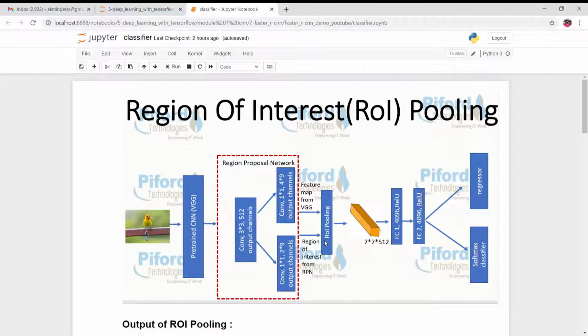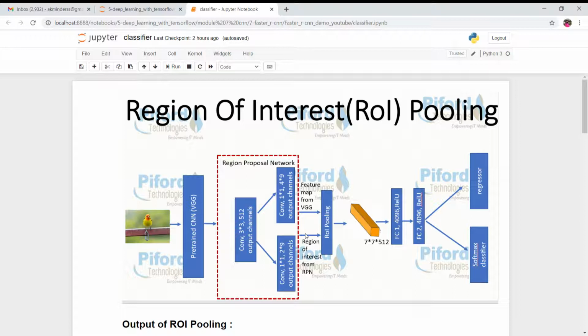So why do we need ROI pooling? Basically we need ROI pooling because of the output from the RPN, the region proposal network, the thing which is in the dotted section. The output of the RPN is our region proposals. What are region proposals? Areas where an object can possibly be found. The output from here is a region proposal, and each proposal will be of a different shape.